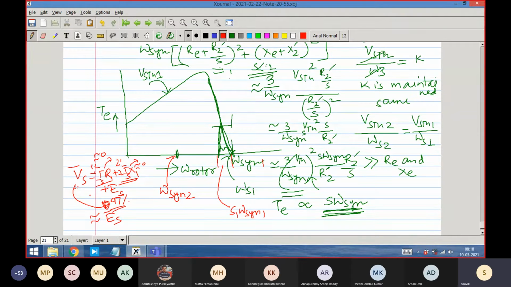That means from the source it will draw more current. Since it is a voltage source, it has no choice but to give the current. A voltage source cannot dictate the current that is drawn; it can only dictate the voltage that is applied to the machine. Do you get a feel for what I am saying? Amritaksha, is it up? Yes, sir.